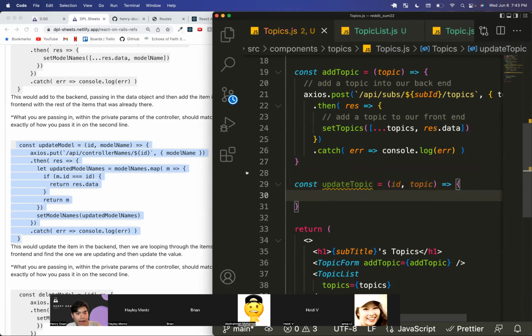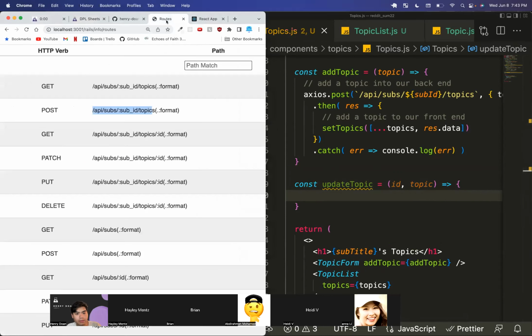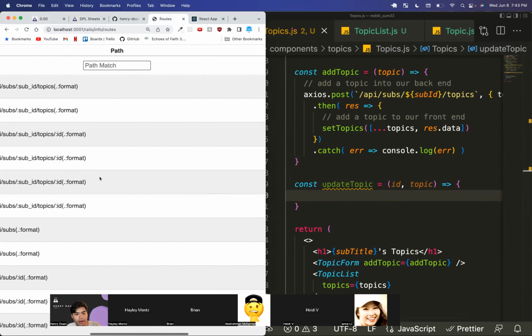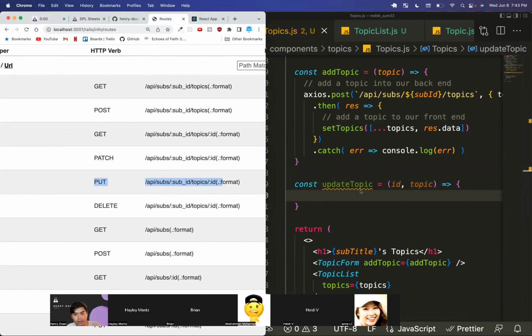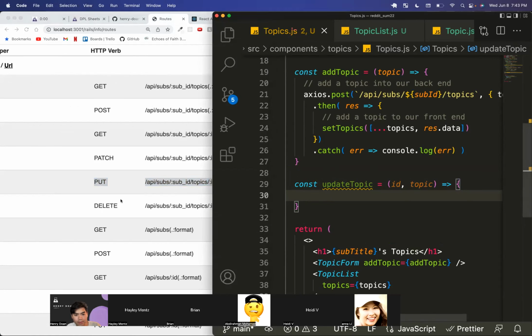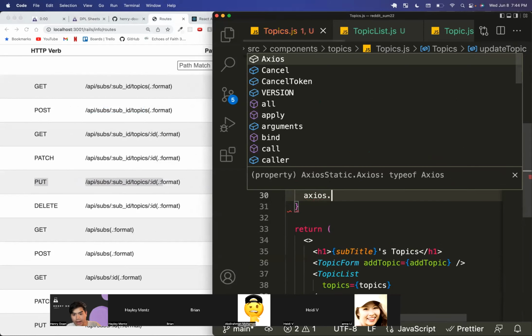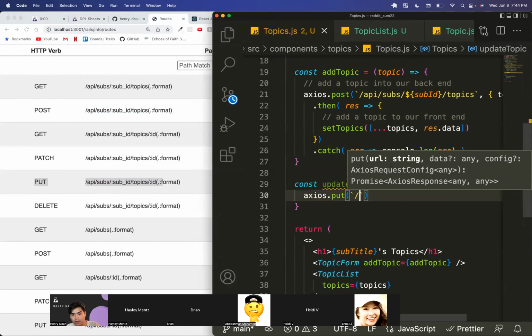So then it will be Axios's put request, but let's double check that with this. If I want to do an update, this one right here, then it will be a put request and then /API/sub ID/topics, and then I need to also include the topic ID as well. So the axios.put, then